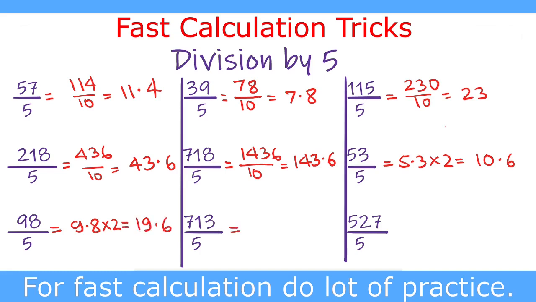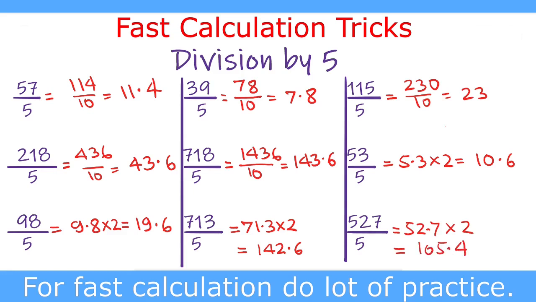Our next question is 713 divided by 5 equal to 71.3 multiplied by 2. This is equal to 142.6. Our next question is 527 divided by 5. We write it as 52.7 multiplied by 2 equal to